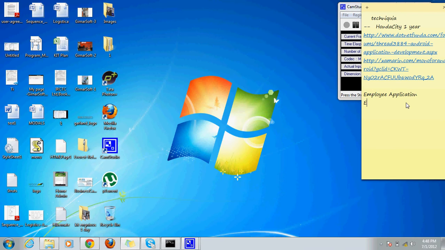For this, we need to create a table first of all. The table would be the employee table, and the fields, as I have specified before, would be name, age, contact number, an auto-generated ID, and some other basic information. So we're going to create an employee table first of all by using SQL Server 2005.